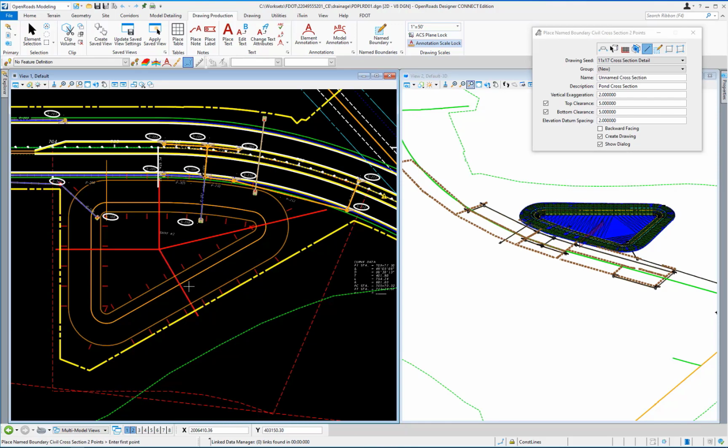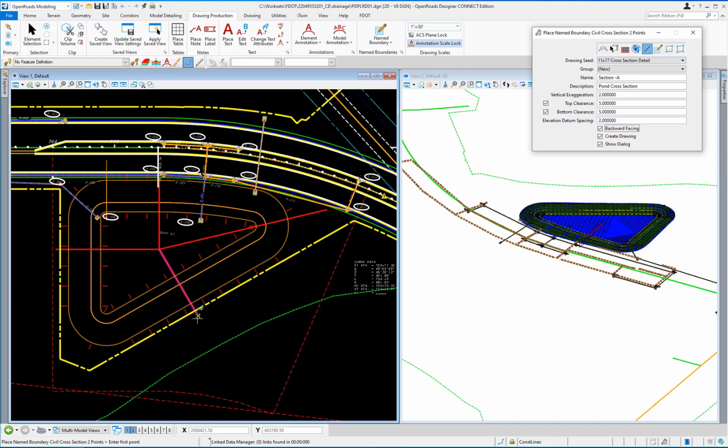The name field will change to Unnamed Cross-Section. Change the name field to Section-A. This time, the backward-facing checkbox needs to be checked. All of the rest of the fields and checkboxes should be set properly from the last use of this tool.